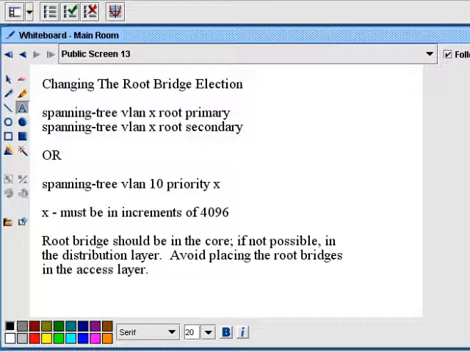Now, STP helps to prevent switching loops by putting ports along valid paths in blocking mode while leaving ports along the best path in forwarding mode. And when things work right and that best path becomes unavailable, then that next best path will start to become available. And